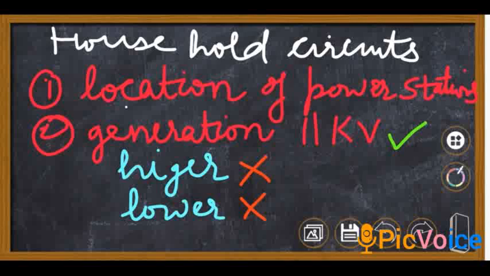If you increase the voltage more than 11 kV, then the current will be so low that much of it will be lost as heat energy in transmitting from one place to another. So we cannot go above 11 kV. If we go lower, the voltage becomes lower and the current produced is very high, so high that you need really thick wires to carry it. Thin wires are burnt out on the way. Because of these two problems, the power is generated at 11 kV only.